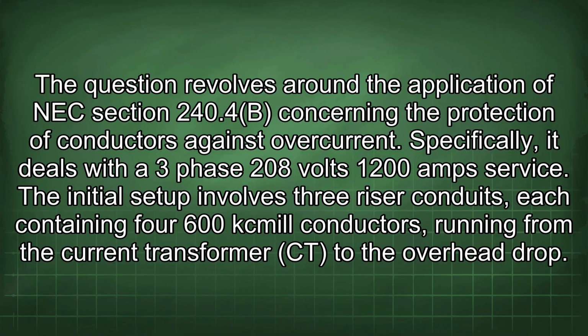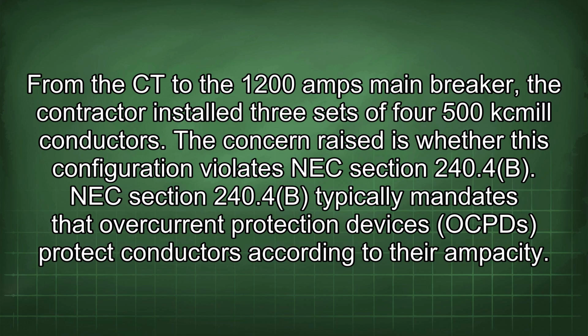The question revolves around the application of NEC Section 240.4(B) concerning the protection of conductors against overcurrent. Specifically, it deals with a three-phase 208 volt, 1200 amp service. The initial setup involves 3 riser conduits, each containing 4 600 kcmil conductors running from the current transformer (CT) to the overhead drop. From the CT to the 1200 amp main breaker, the contractor installed 3 sets of 4